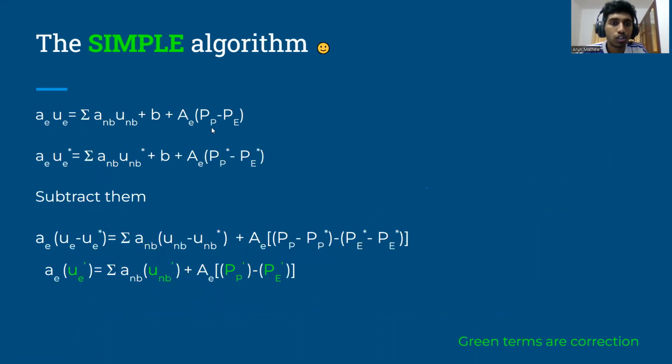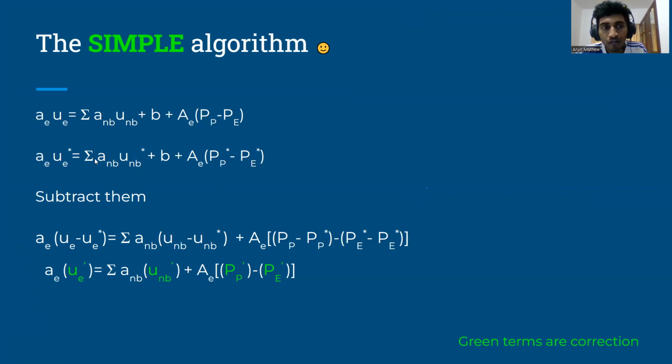So this was our equation, and this is our equation based on the guessed value of pressure. When we use the guessed value of pressure, obviously the velocity field we get will not be correct. Therefore, we denote it by uE star. So aE uE star is the summation of a_nb u_nb star plus b plus AE into pP star